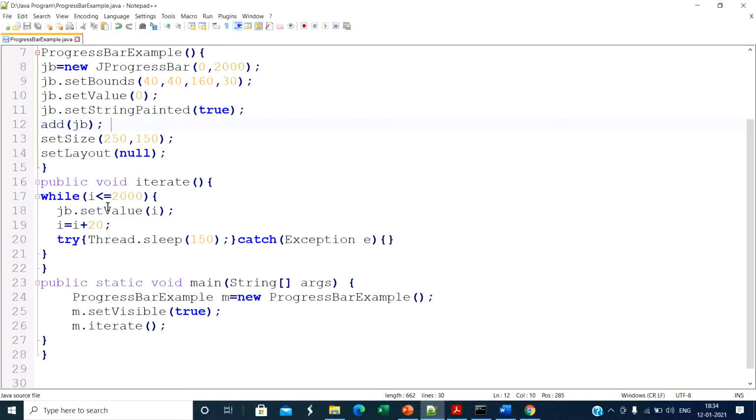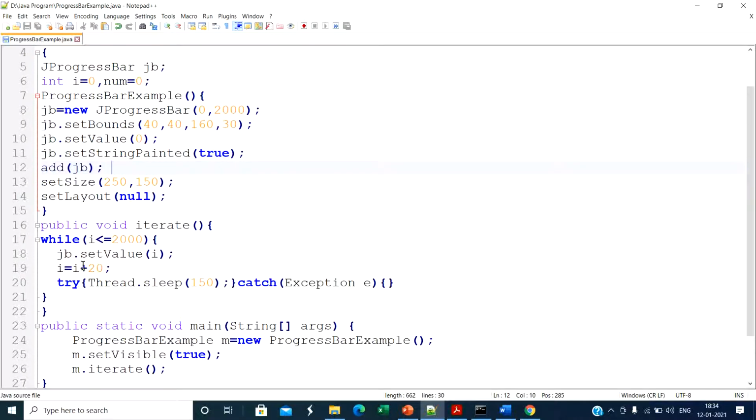Our task starts from 0, so the initial value of i is 0. jb.setValue, we pass i in this setValue method. Initially it is 0 and it is updated. For the update, we increase the value of i by 20, i = i + 20. This loop is executed until i is equal to 2000.